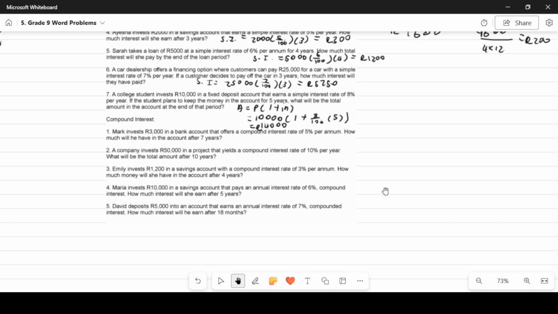So Mark invests 3,000 in a bank account that offers a compound interest rate of 5% per annum. How much will you have in the bank account after 7 years? Very simple idea. A is equal to P times (1 plus i) to the power of n. So it will be 3,000 Rand times (1 plus the interest rate of 5 over 100) to the power of 7. And we get